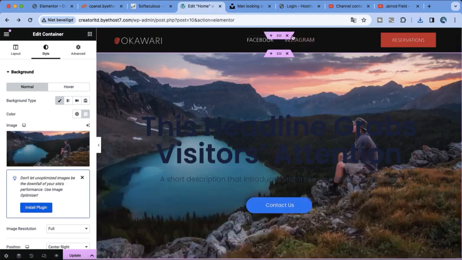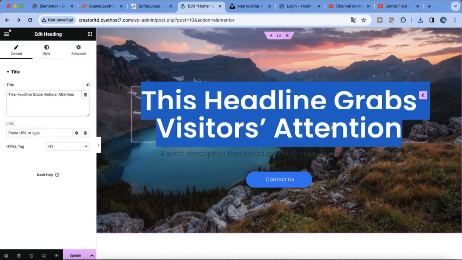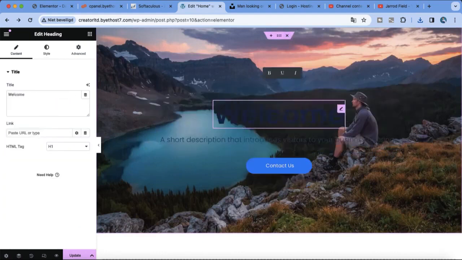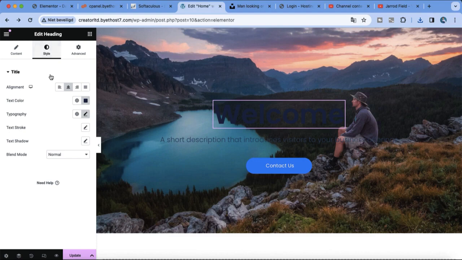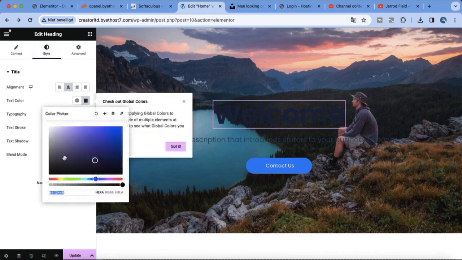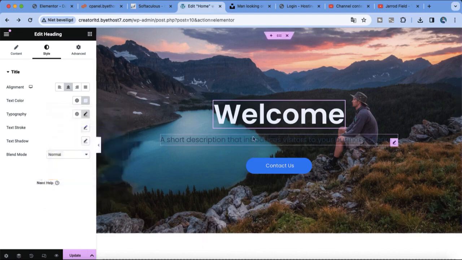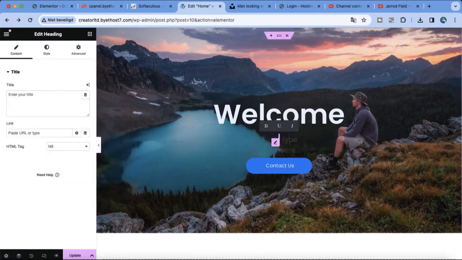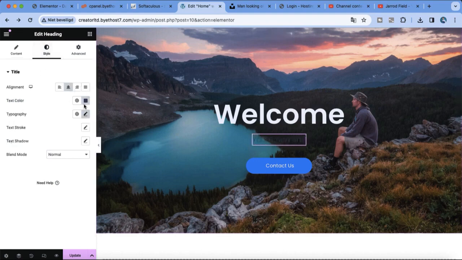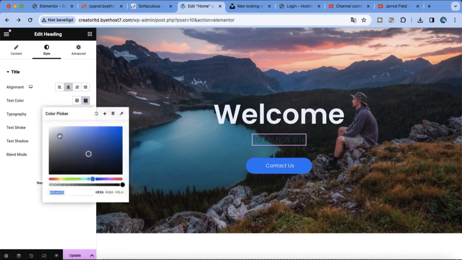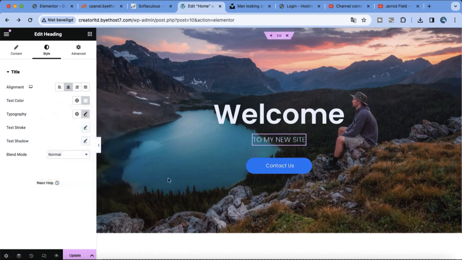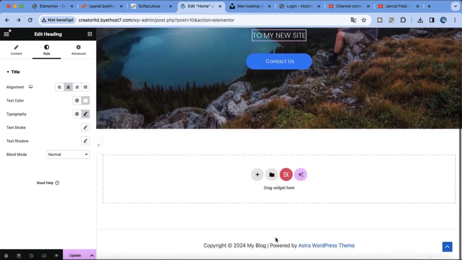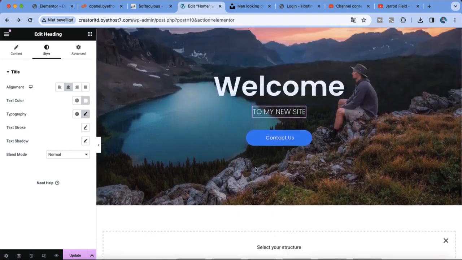So here you have the header. You can only get it with the Pro version. So if you want to navigate to another page, you need the Pro version. And right over here, you can select this to another color. Okay, this is looking pretty good in my opinion. So right over here, I'm gonna enter my new site, and I'm gonna give another color. And right over here, plus button,